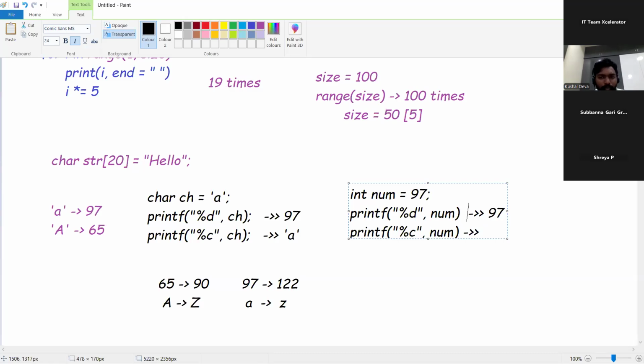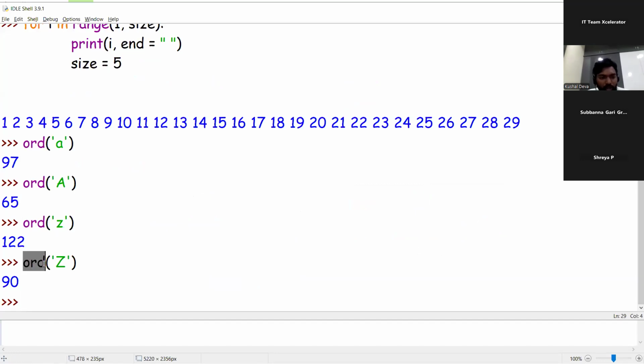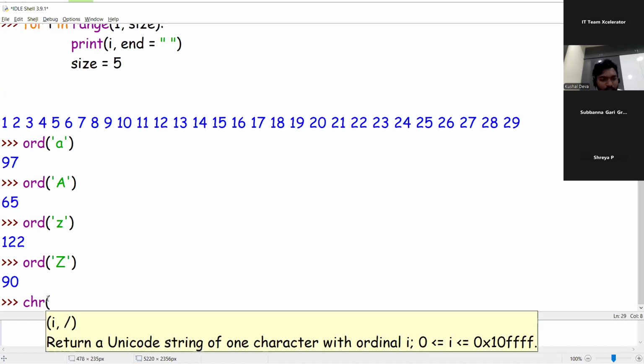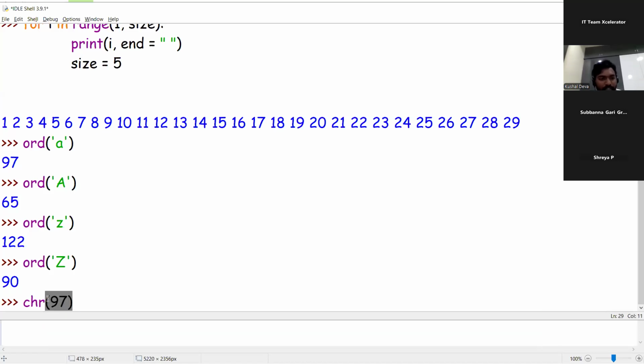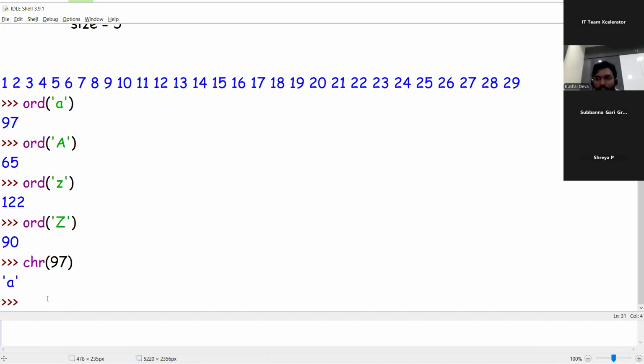Quick guesses. You know the answer already. Yes, all right. So this is what you have exactly, guys. Here we used the ord function, which converts our characters to Unicode. The other way, if you want to convert back, you can go for chr. If I give chr of 97, you would get the value a.